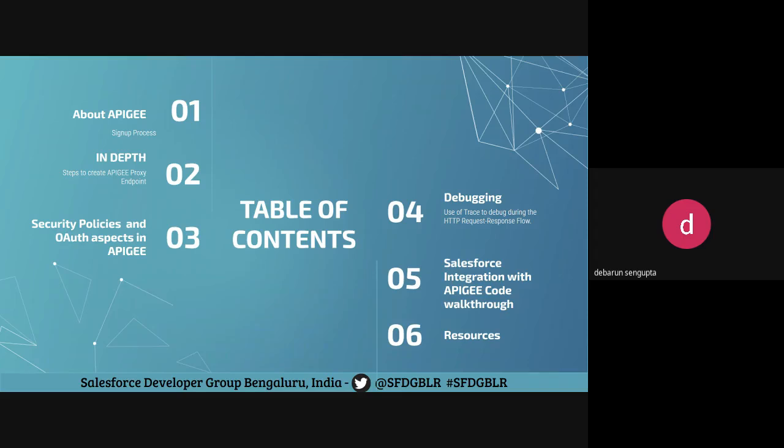aspects and the OAuth aspects in FPG. Then we will go into the debugging aspect, like once we create the proxy endpoint, how we can debug the HTTP request response. And at last, we will go through a sample code where we are doing a call out to this